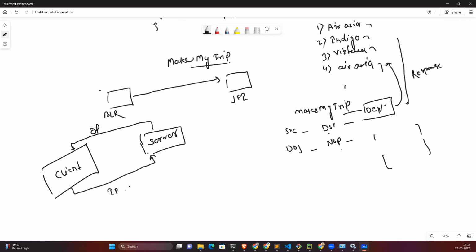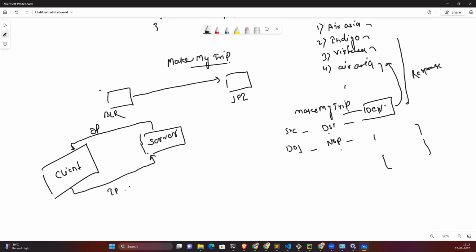Let's suppose you have to speak with me. I believe you guys are from different regions, somewhere from Andhra Pradesh, somewhere from Bangalore. But if you speak with me in Kannada or Tamil, I might not understand what you are trying to say. You have to speak with me in some particular format, some particular language, then only I can understand what you are trying to say.